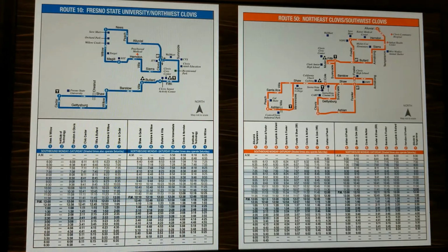So we ask that you pay attention to that as well. Also, the shaded areas. The shaded areas are for weekend. So we spoke earlier that the times are different on weekends and holidays. So that shaded area will give you that weekend time schedule. And you would see the same thing over there on the Route 50,